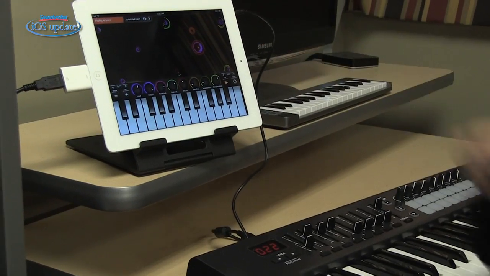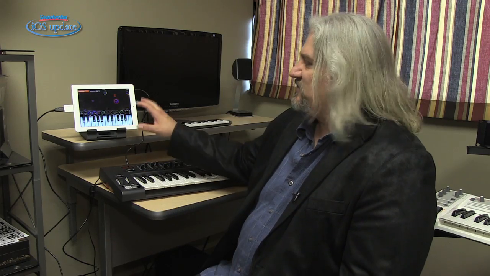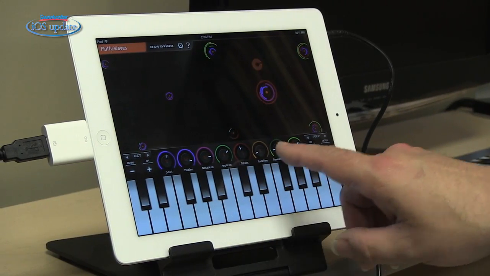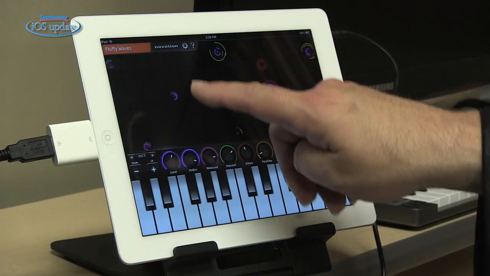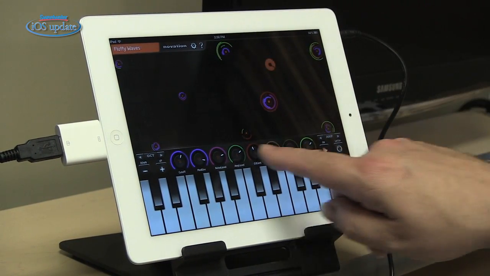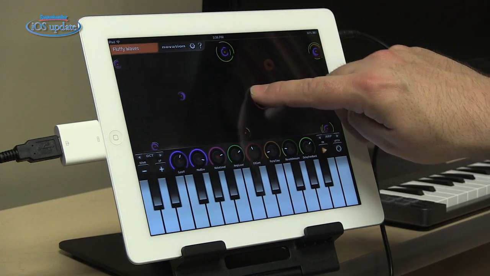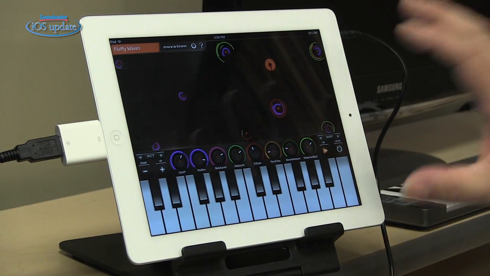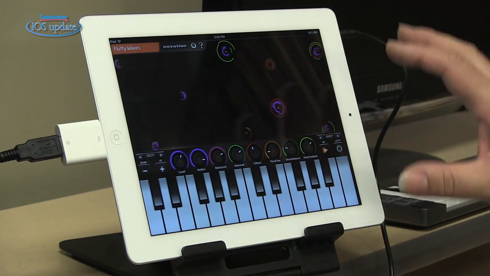Novation has two free apps that are available. We've looked at Launchpad before, so I won't go into detail on that here, but the other one is Launchkey, and that's the one we're looking at on my iPad right now. Launchkey is a synthesizer app that has a unique user interface. You have the standard knobs that you might expect here, but there also are these controls up here as well. You can slide those around to make changes, and those are actually linked to the knobs here so that as you move one of these circles around, you're changing multiple parameters at the same time. So it's really a fun app to play with because you can do a lot of real-time modulation of the